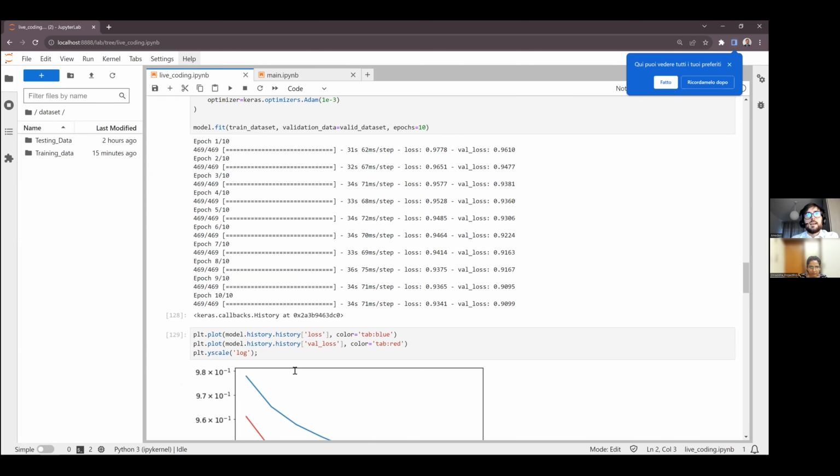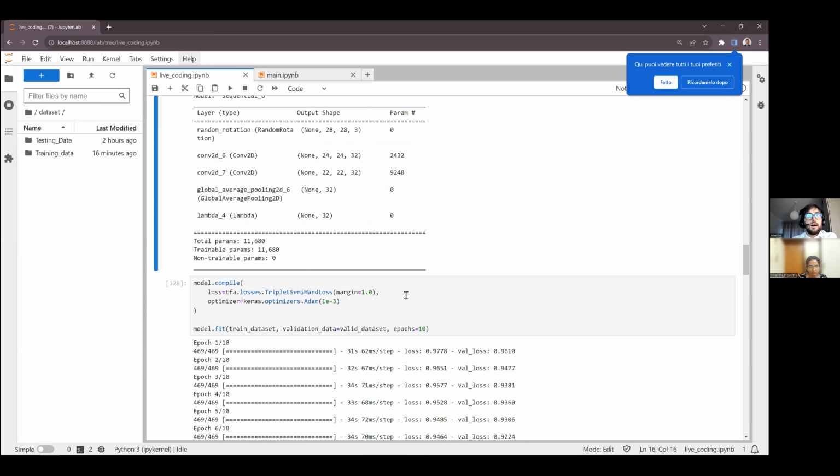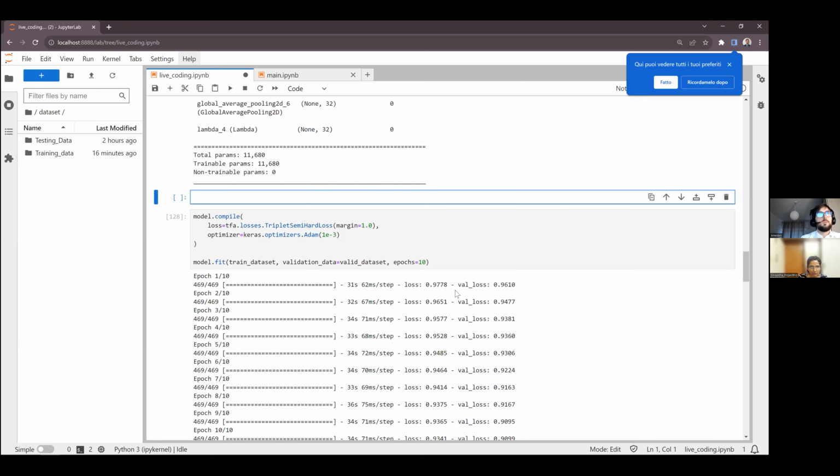Okay, let's try to see how we can define the triplet loss by ourselves if we don't want to use the one that is defined by the library. We can try to simply define a function.